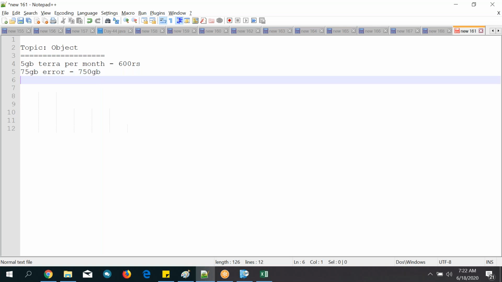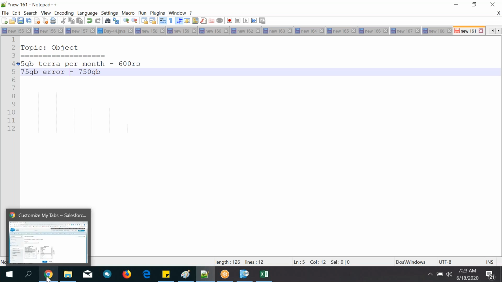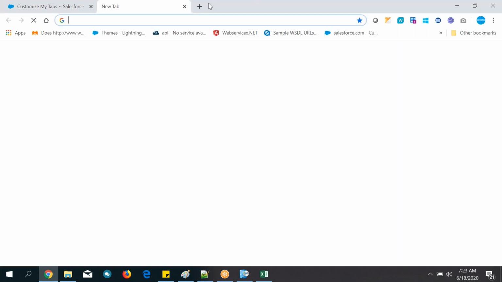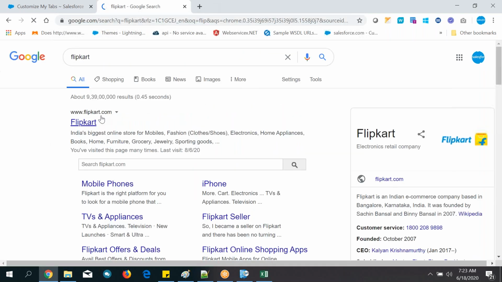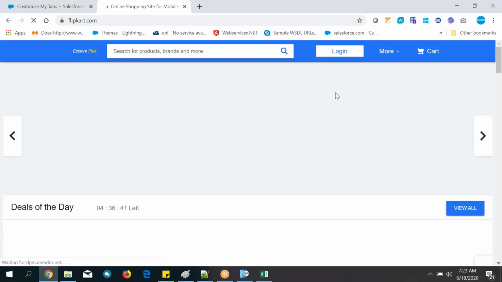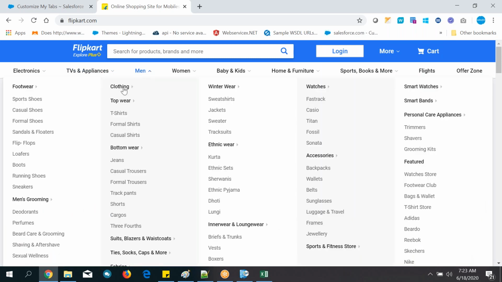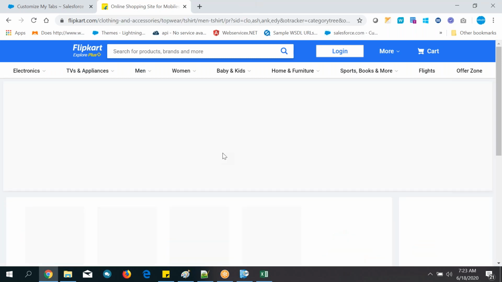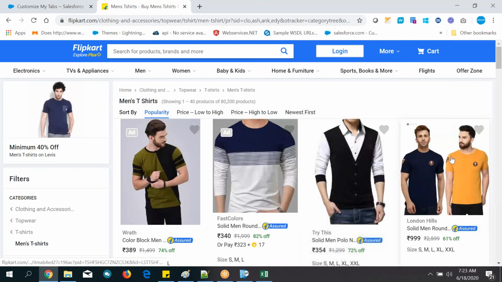Okay, so what are these? These are all called products. Unlimited, these are all called products with respect to internet, the Active Fiber company. Okay, cool, right? And open Flipkart. Just open it. What are these? Open anything, clothes or anything, t-shirts. So these are all products, am I right? This and this and this, all products.